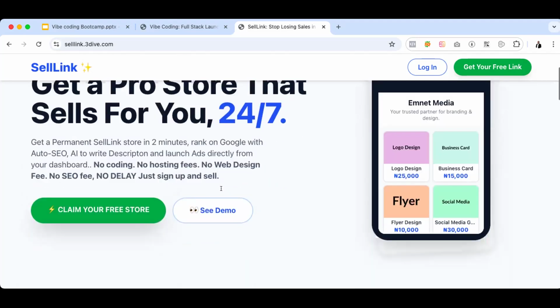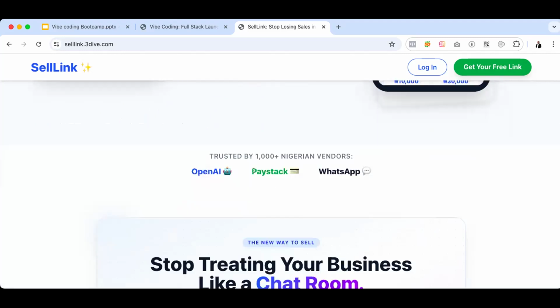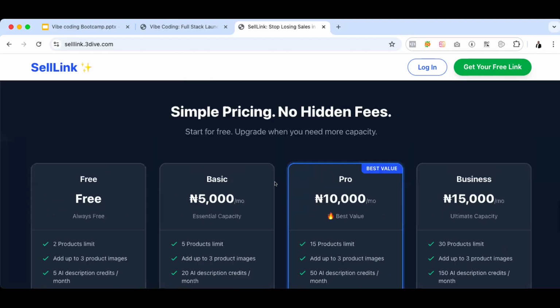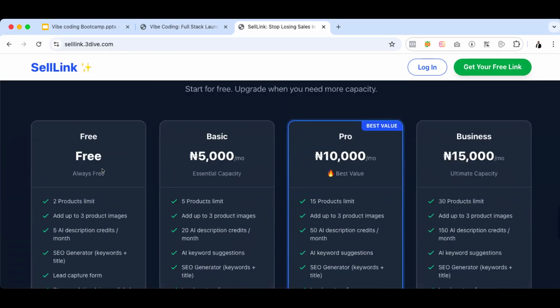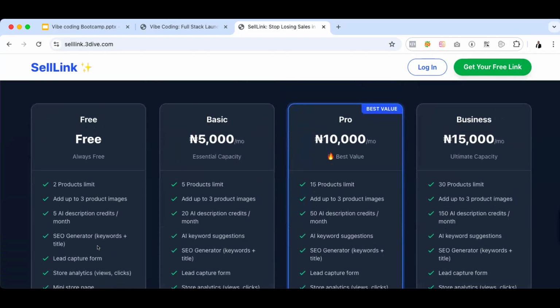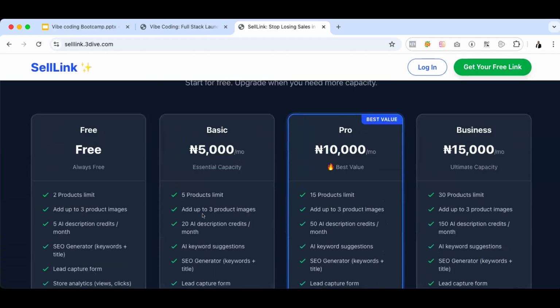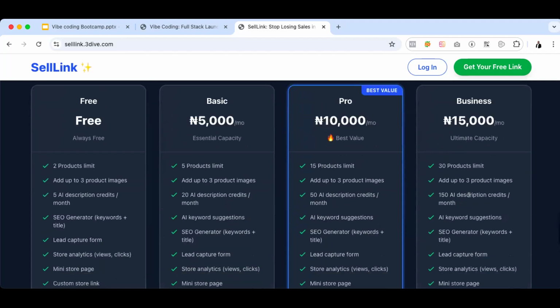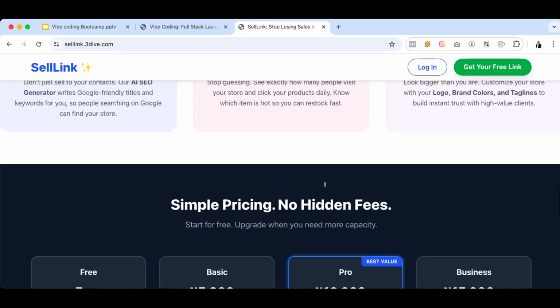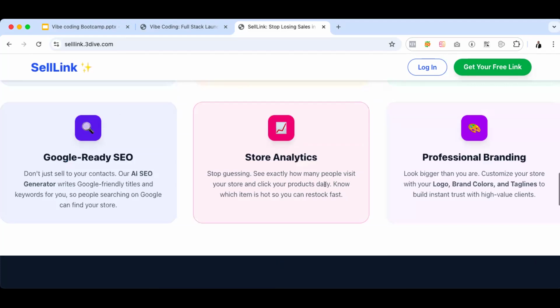So this is almost done. His name is Emmanuel. You can see Mnet Media. I've been supervising and giving some tips as well on what you need to do. You can see everything is already there. You can see the basic, which is free products. As a developer, you should be thinking of how to build an idea, a product, and now you can bring it to life. Basic is going to be 5,000, pro is going to be 10,000, business is going to be 50,000. And this is integrated with some AI API as well,